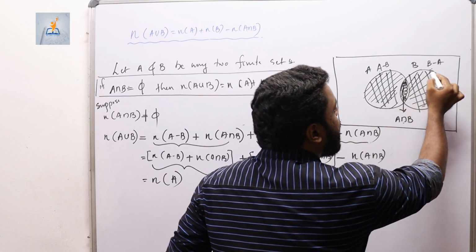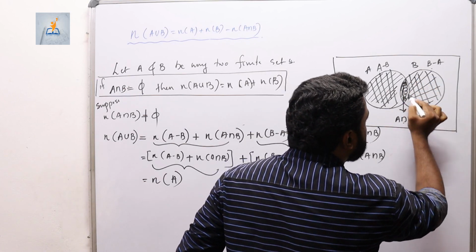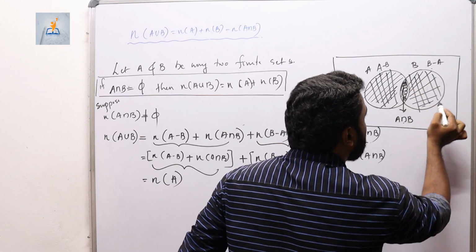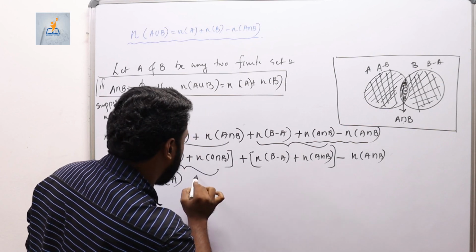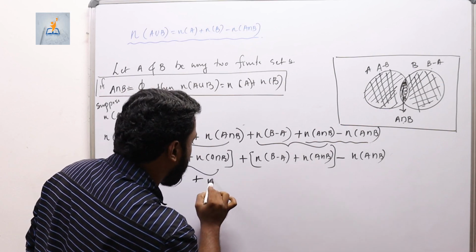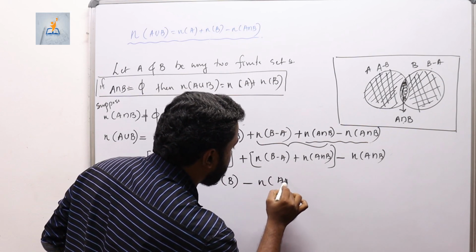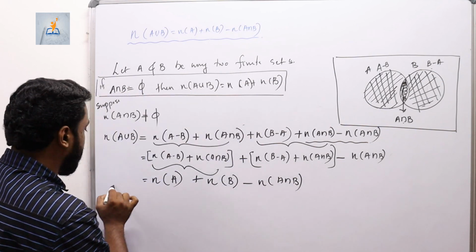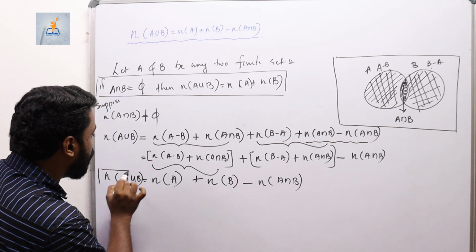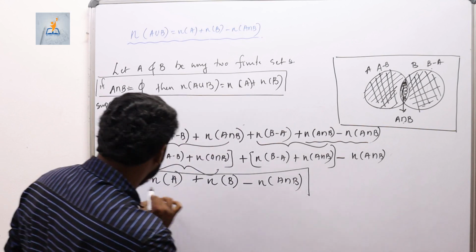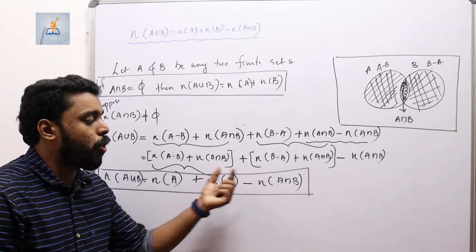Similarly, b minus a is this portion and a intersection b is this portion. So when we add, we will get this portion, the entire set B in this case, plus what is this then? n of B minus n of a intersection B. So we get the final result as n of a union B is equal to n of a plus n of b minus n of a intersection